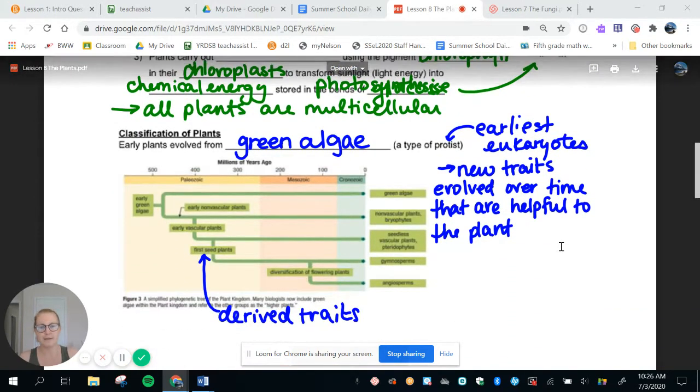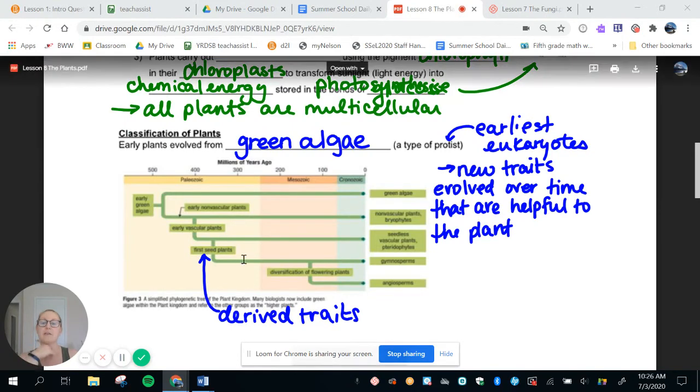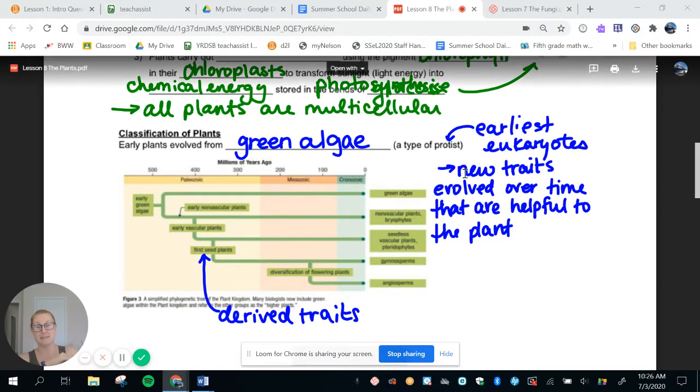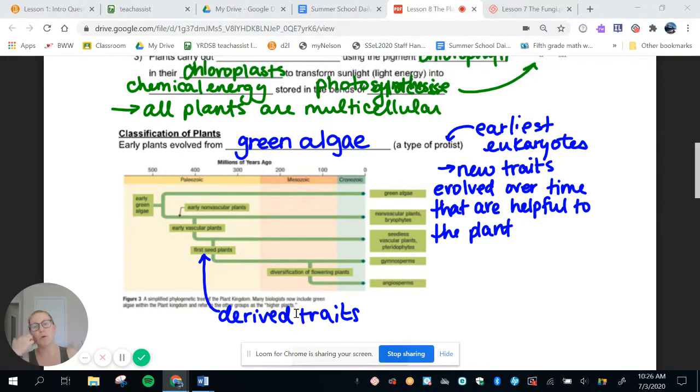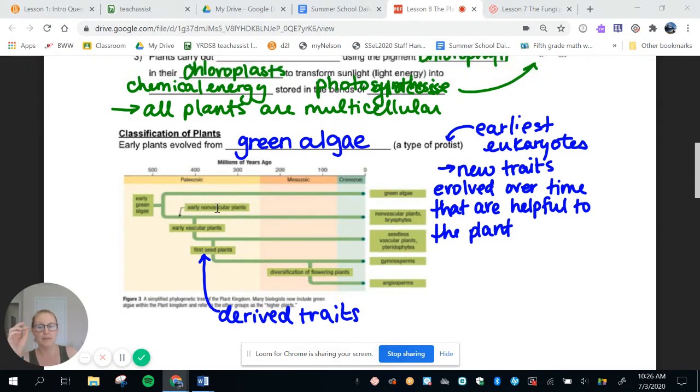So a little bit about classification. I had mentioned in the protist lesson that the protist is thought to be the very first eukaryote. And protists are sometimes, many times, photosynthetic. So from that first photosynthetic protist, we started to see over millions and millions of years new traits evolving. So just to mention right here, these green boxes, these are what we call derived traits. So what the evidence points to right now is from that early protist, which was a green algae,